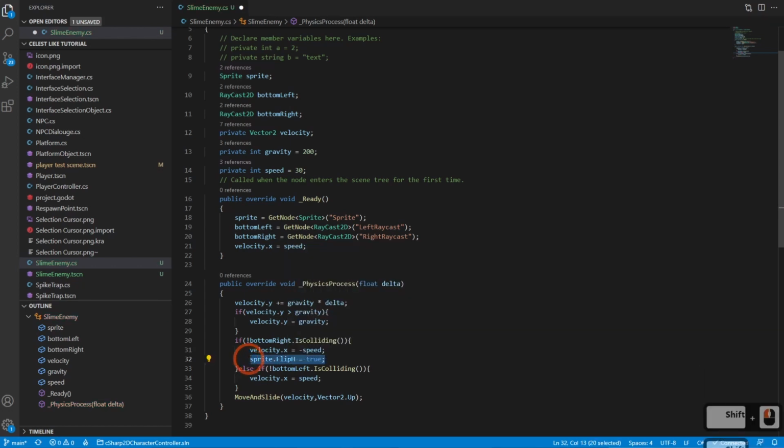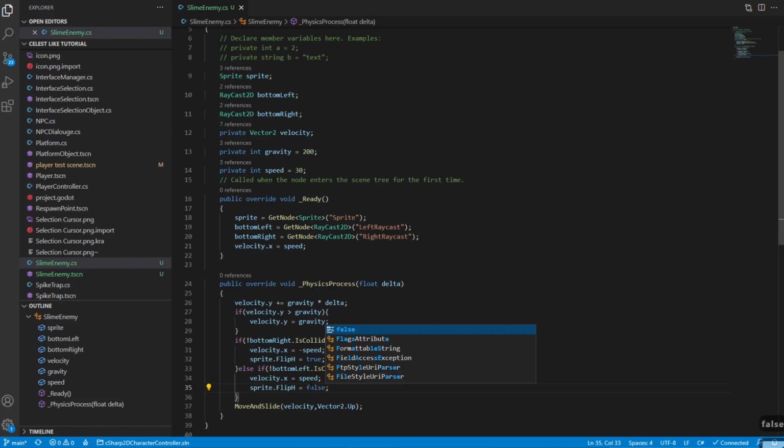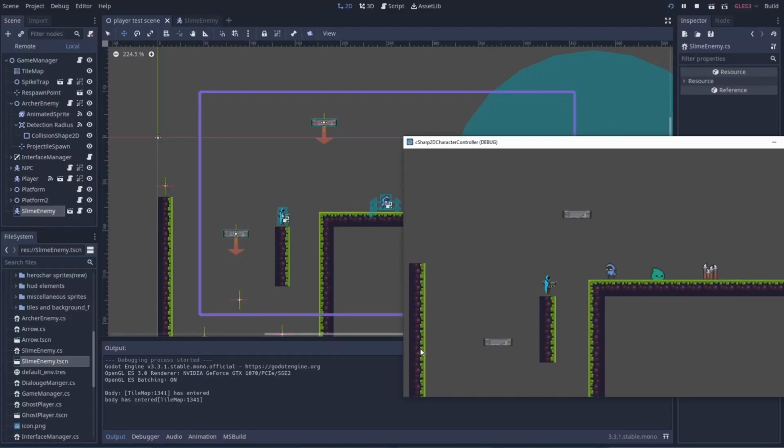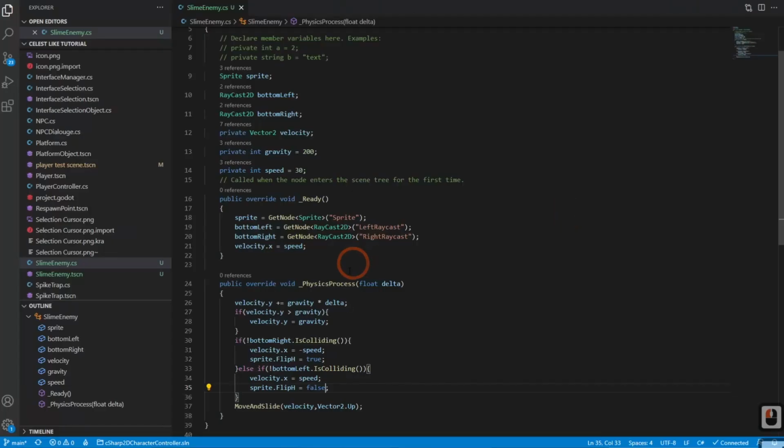We're going to do the same thing, but the opposite. Here, we're going to go here and paste flip H is equal to false. And this may or may not be backwards, so let's go ahead and check it out and make sure. Oh, he's going backwards. Yep, he's moonwalking. So let's switch that over to true and false. And that will go ahead and fix that. And from here, now we know that he's moving and he's going to be moving back and forth.